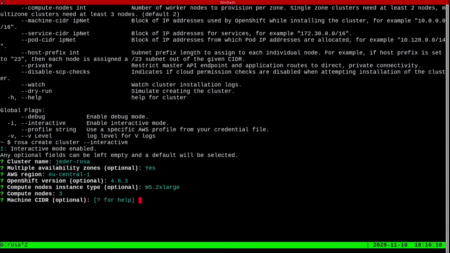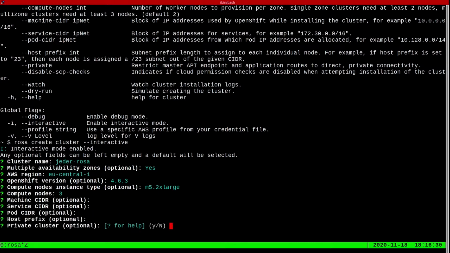And then there's some networking questions which come into play when you're trying to connect your network. If you wanted to peer into the VPC that this cluster is deployed into, you may have some subnetting requirements there. I'll skip those for now. And let me just zoom in for a second on this last question. So we've gotten a lot of customer demand for making clusters private, meaning they're not accessible over the internet.